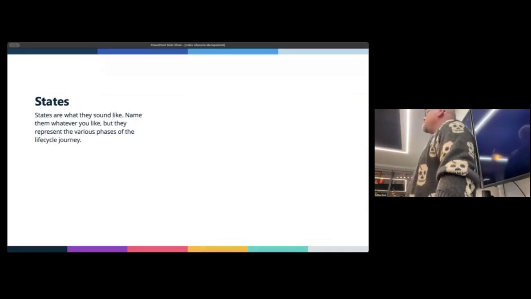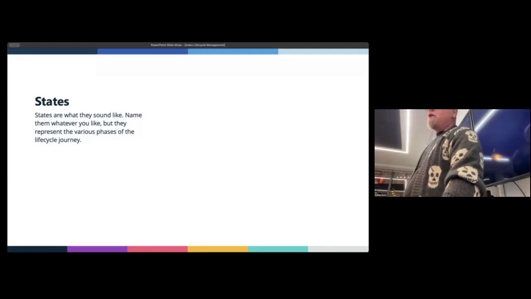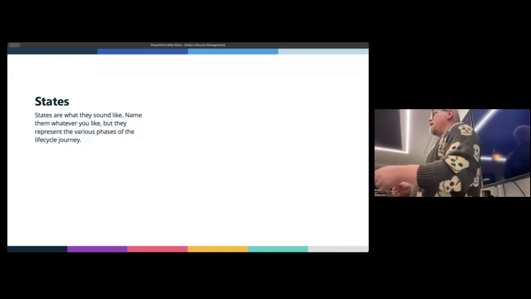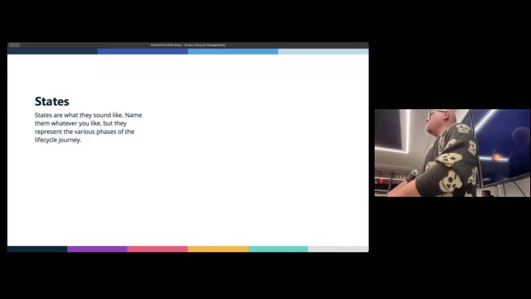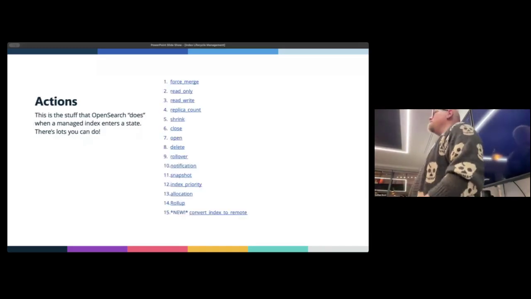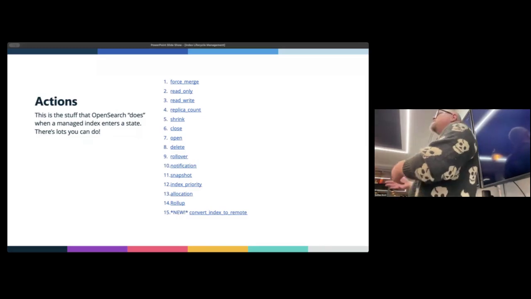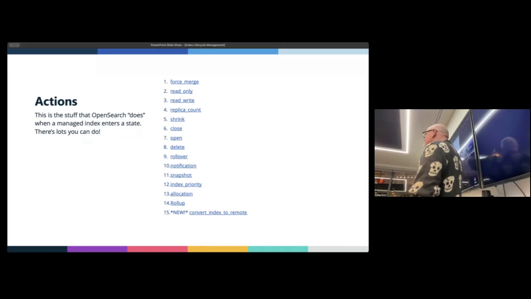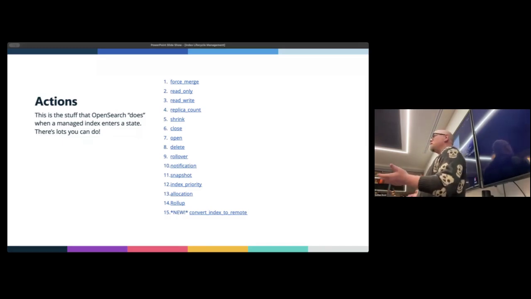Right. So those are the three things. The states are what they sound like. They're the various names. They could be anything you want. You could just smash your hand on the keyboard, and that could be the name of your state. And then when an index enters a state, there's a number of actions you can perform. This is an exhaustive list. I won't talk about every single one of them right now, but we'll peruse them very briefly to see which ones might be the most useful.